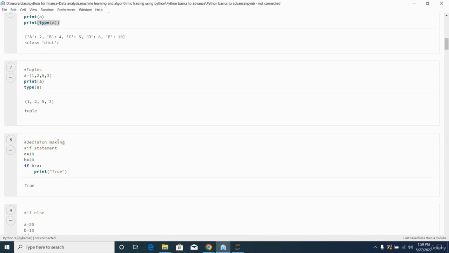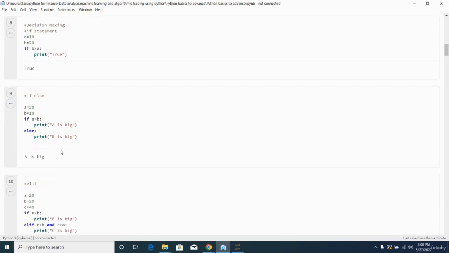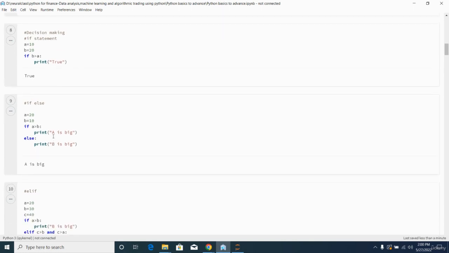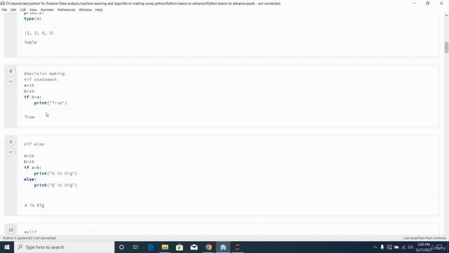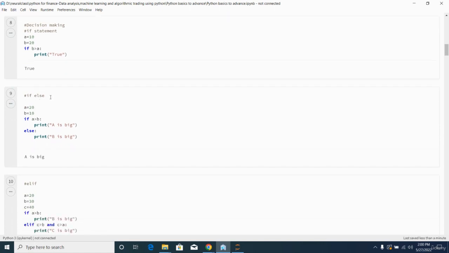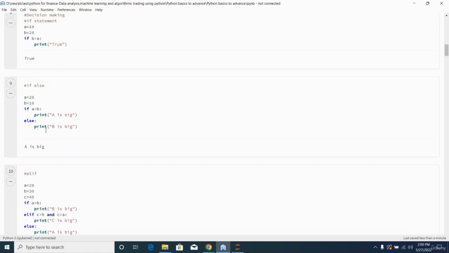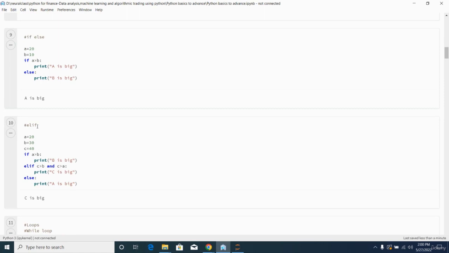After that we have decision making. Decision making comprises three things: the if statement, the if else statement, and the elif statement. So this one is the if statement. After that we have if else, then we have the elif